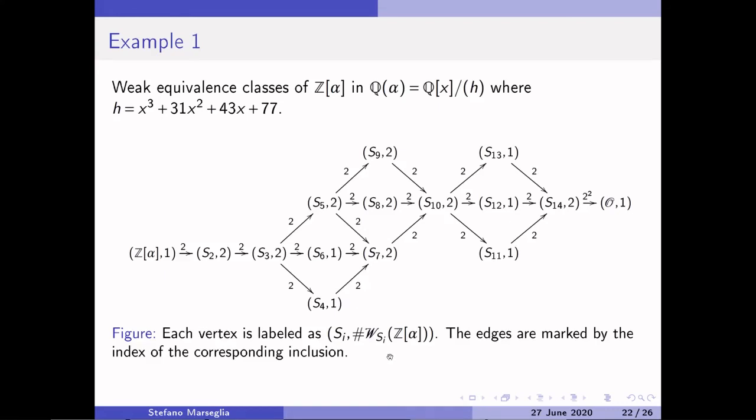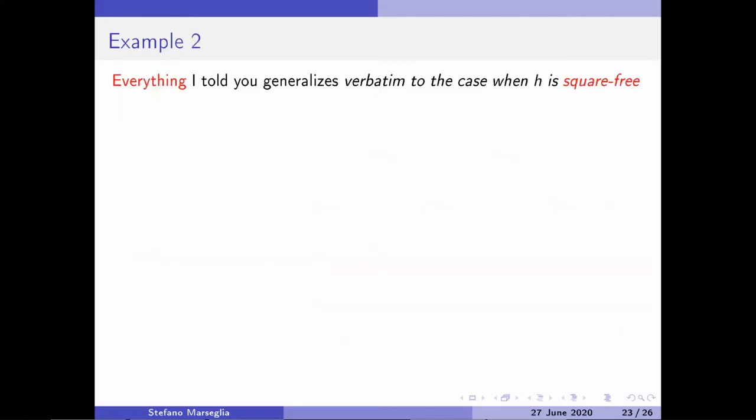And here I represented only the weak equivalence classes, because from what I said before, you just need to act with the Picard group to get the isomorphism classes. So these weak equivalence classes are an interesting thing to look at when you want to consider non-invertible ideals. All right. Example 2. So everything that I told you so far generalizes basically word by word to the case